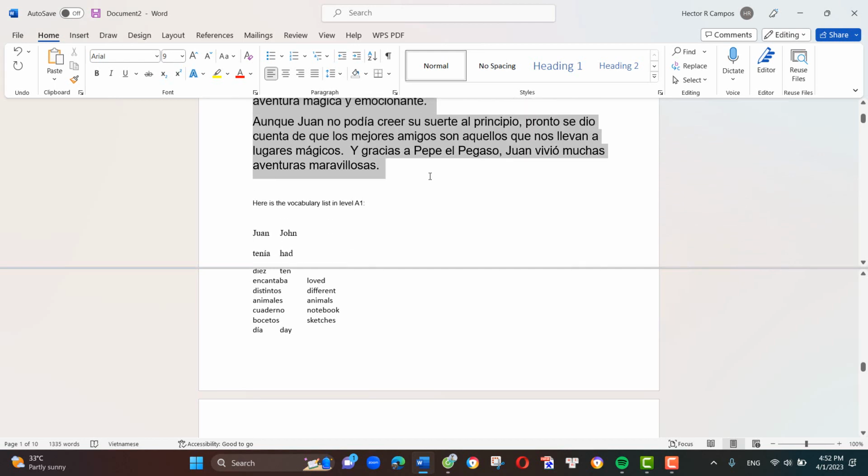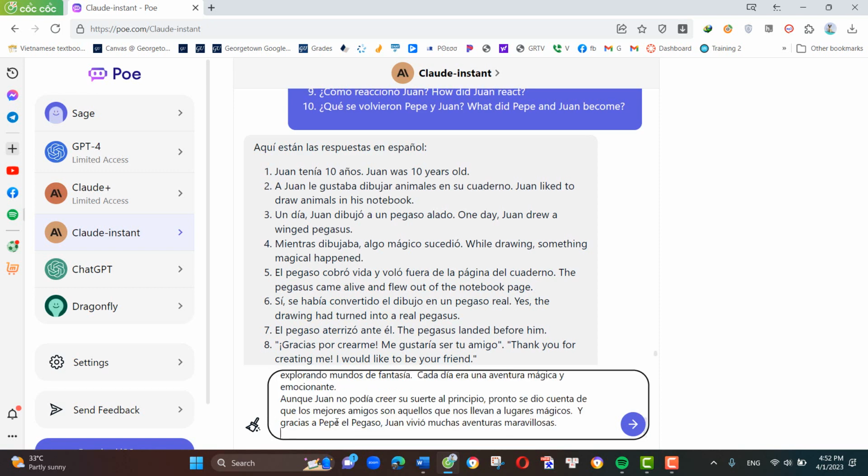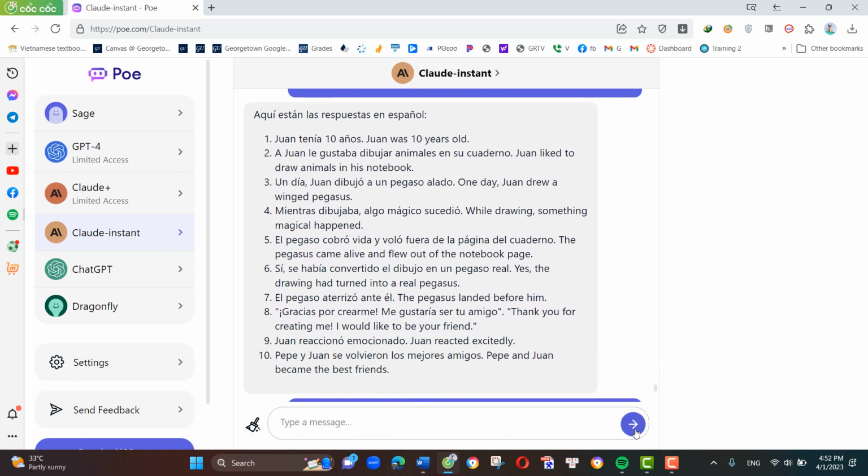Okay, so true or false. So again, I'm going to go back here, and I'm going to say write 10 true or false statements in Spanish about this text. Okay, and I'm going to copy the text again,